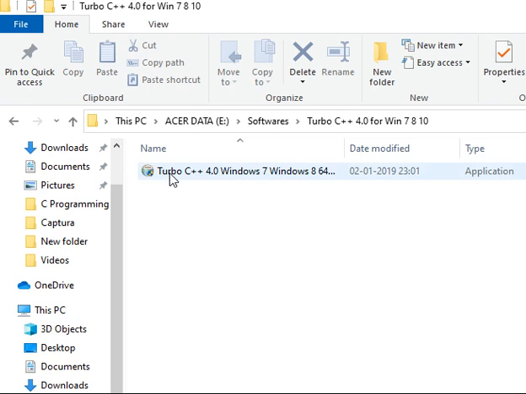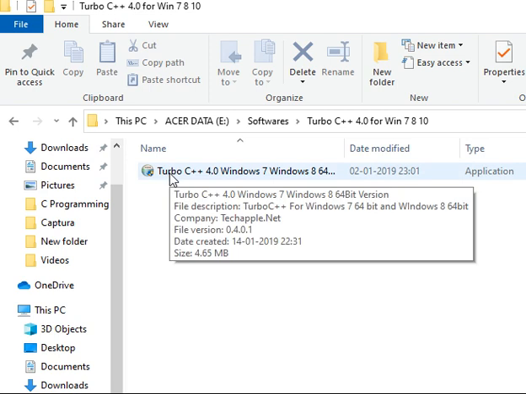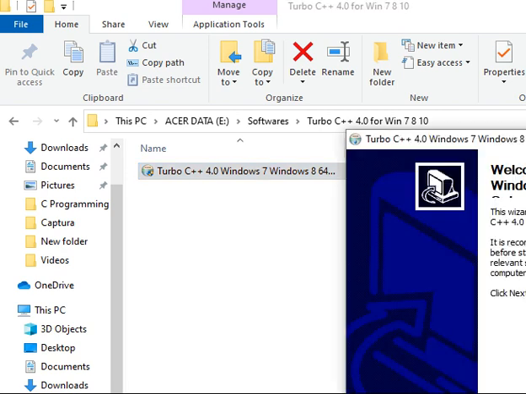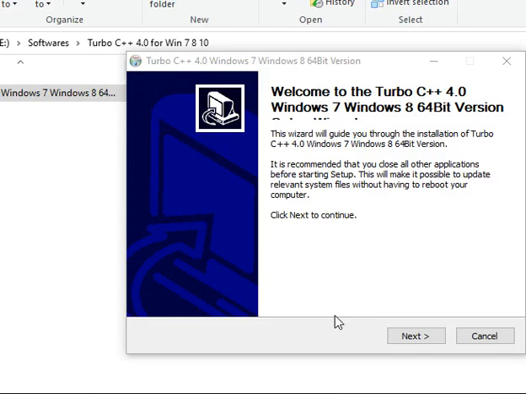Here the setup file is there. Double click on the setup file. It will ask to install. Follow the instructions to install Turbo C++ 4.0.